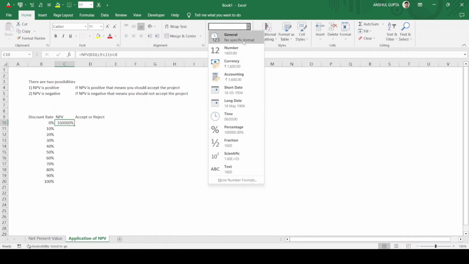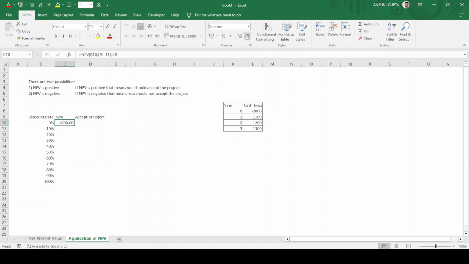First of all, let's change this into number, and our NPV is coming out to be 1600. That's a very decent number. First of all, let's fix the referencing, and we can fix the referencing by pressing function F4, and let's press enter and copy this,